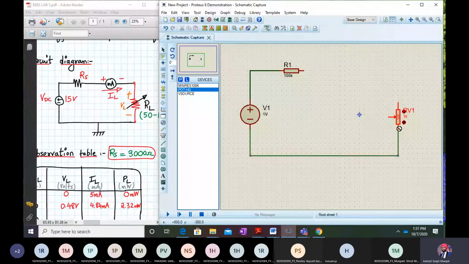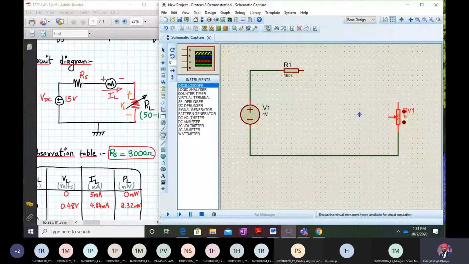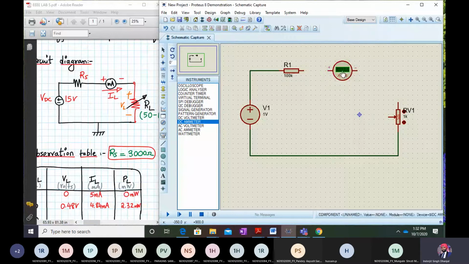So I am joining them together now, and from here I will require another DC ammeter also. So I'll go to instruments and select a DC ammeter and place it over here, so that later on I don't have to cut the wire and do it again. So this is my DC ammeter and these are my connections. Now you will wonder where the third terminal will go. Basically the third terminal you can connect here only. I hope that this point is clear.